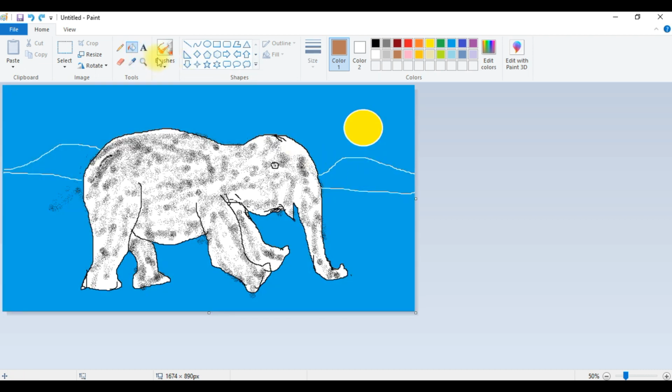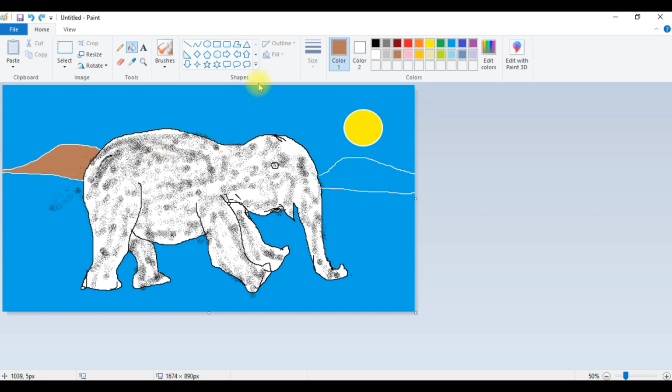Now some gap is there, we have to fill that. We should not keep any gap while filling.